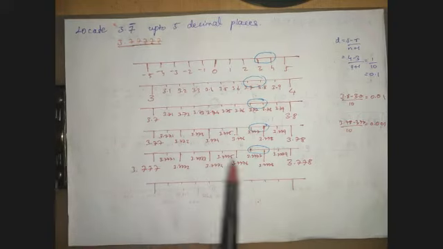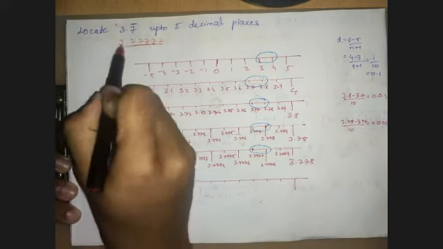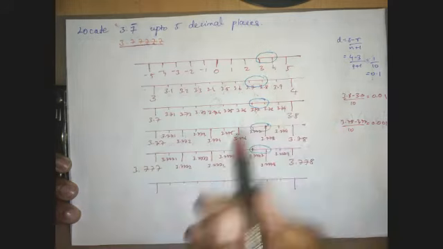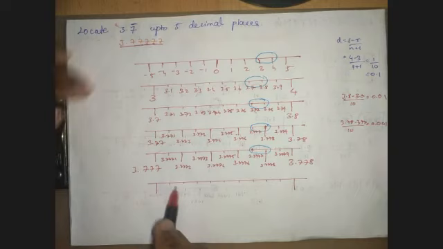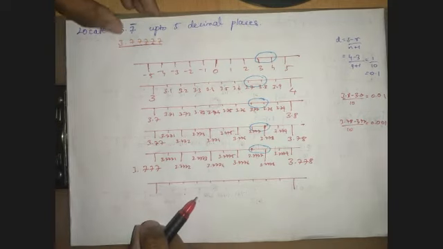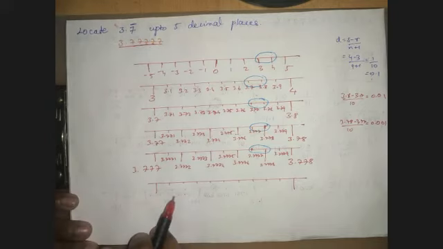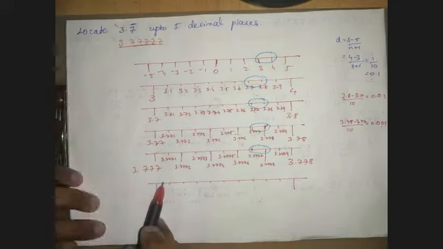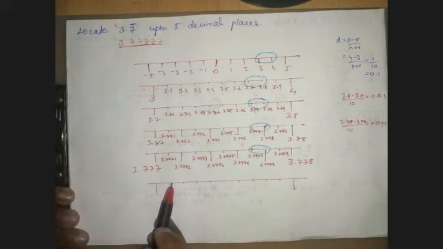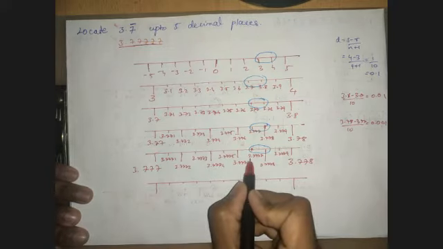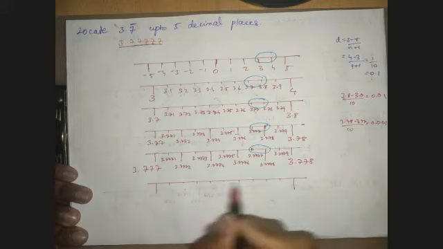Because we need to represent all the numbers, just count the number of digits: 1, 2, 3, 4, 5, 6. So we need almost 6. That means the number of decimal places plus the number on the left hand side, that is the whole number. So we need 5 plus 1, 6 number lines. So draw 6 number lines in the beginning so that it will be easy to represent in the exam. So we need to insert numbers between 3.7777 and 3.7778.